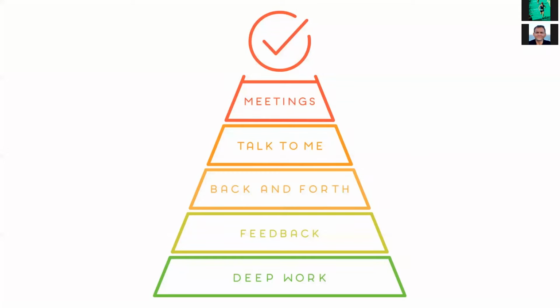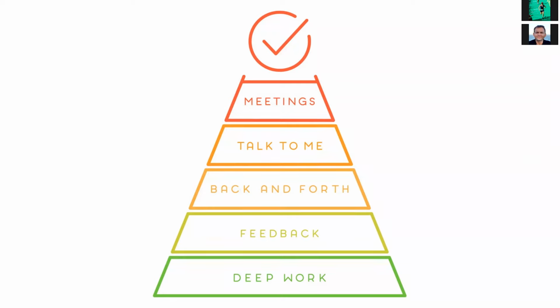All right, so this is the pyramid of communication, and this is something we came up with by experience, by testing lots of things, trying lots of new things, experimenting, and this is how we think effective, efficient communication should be done in a team. As you can see, it's the shape of a pyramid. And the basis of the pyramid is deep work. So this is the place where you get your work done. This is what you're being paid for. I mean, we're all knowledge workers. So what companies that hire us actually want us to do is deep work.